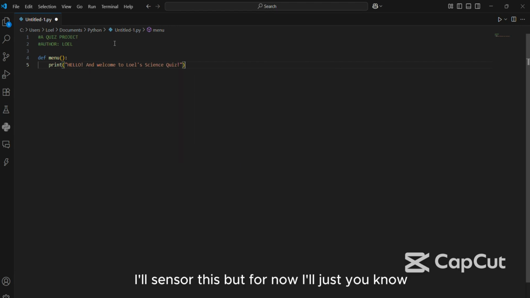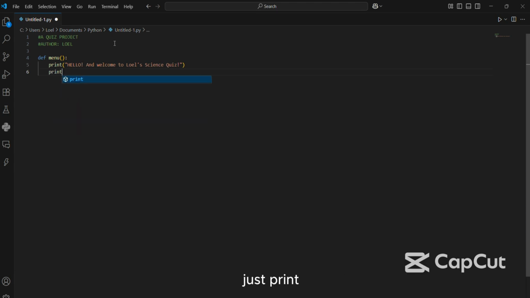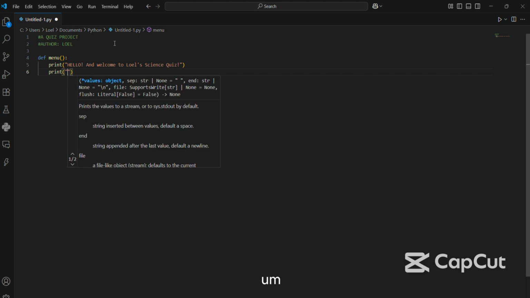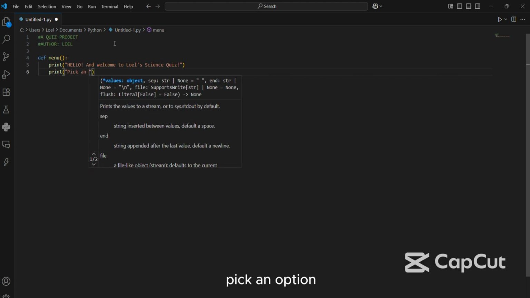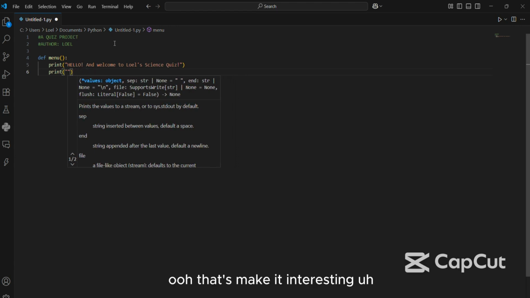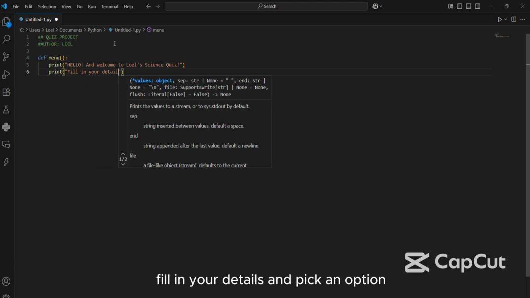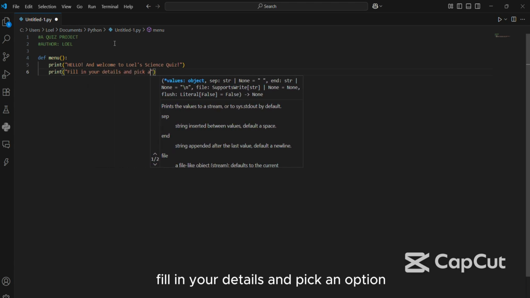I'll censor this, but for now I'll just stick to the basics, like the things that are required. Just print, pick an option. Let's make it interesting. Fill in your details and pick an option